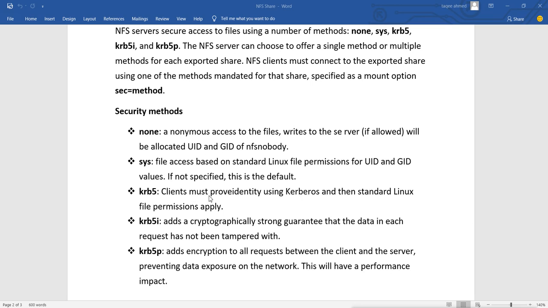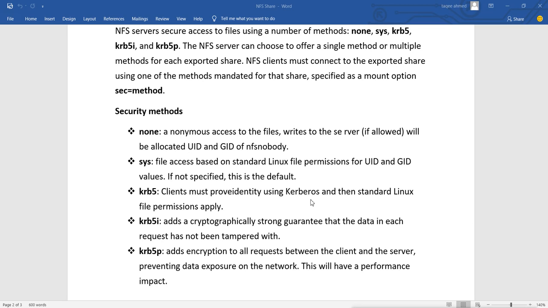The client must authenticate using Kerberos, and then normal standard permissions will apply, just like the sys option. Like if the user has permission, then it will get the permission. If the user does not have, then it will not get the permission. But it has to first authenticate by the Kerberos protocol.